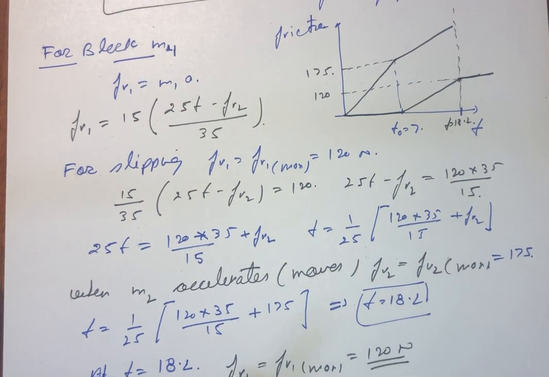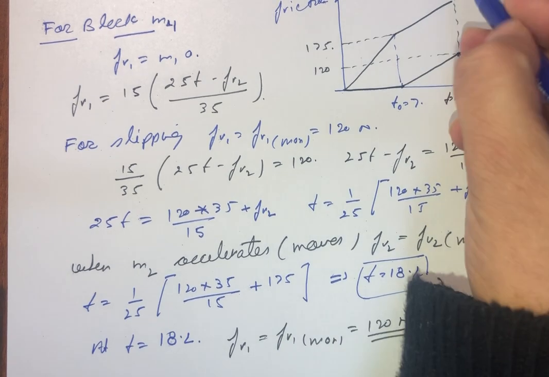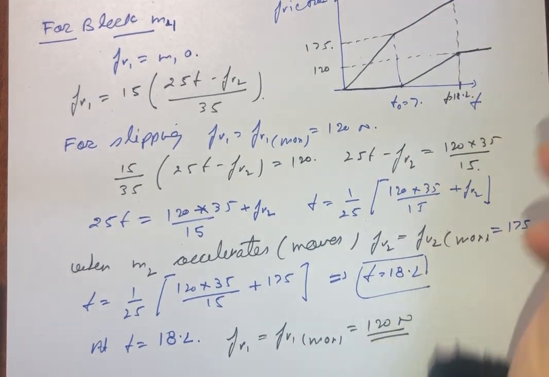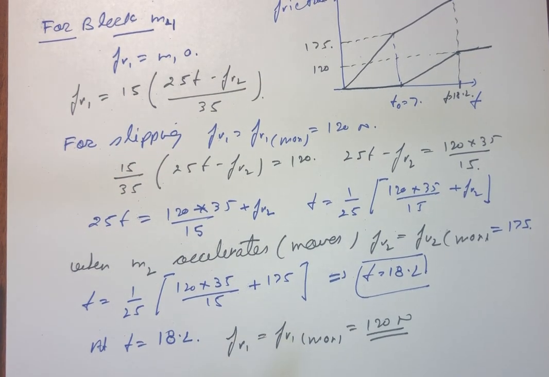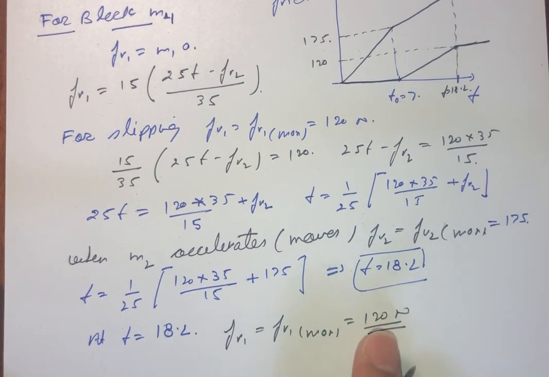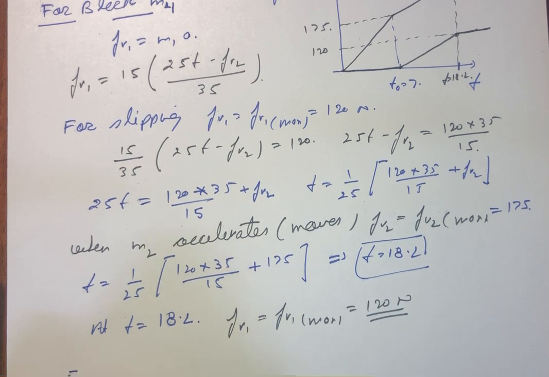And now we are left with the last part, that we are going to find out what will be this upper value. Now it's clearly verified that both blocks will be moving at their maximum frictional value, 120 as well as 175. From here we can say that this implies that